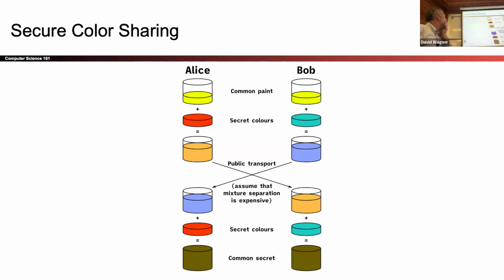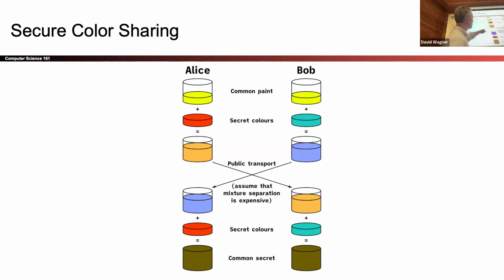The idea is the postman won't be able to predict that they both end up with puce. Except, is that really true in this example? I'm not convinced it's really true in this example. I think in this example, the postman could figure out that they end up with puce,